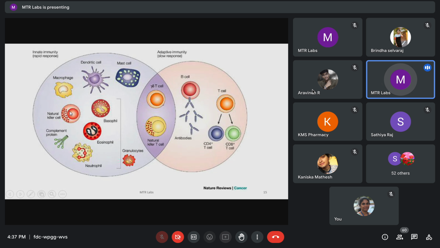Natural killer T cell. You can see a natural killer cell is involved in innate immunity, but this natural killer T cell has a combination of the properties of a natural killer cell and a T cell. So this is called an NKT cell. This expresses both the TCR, a characteristic of adaptive immunity, and surface receptors of NK cells in the innate immunity. So this is involved in surveillance of tumors, maintains self-tolerance, and regulates autoimmune diseases.